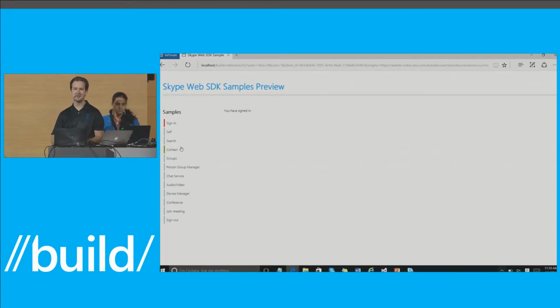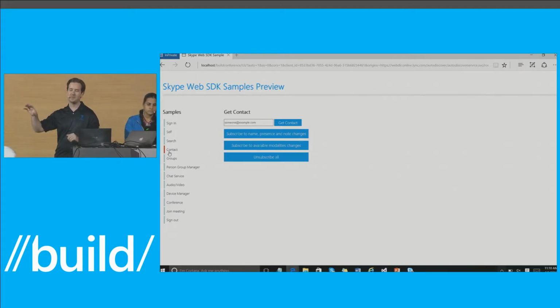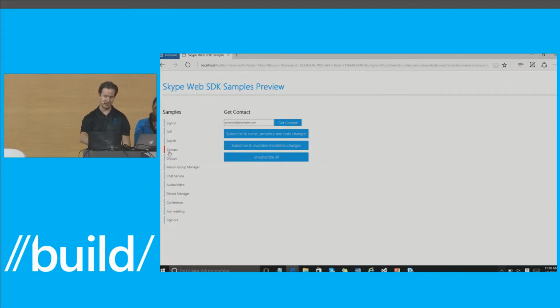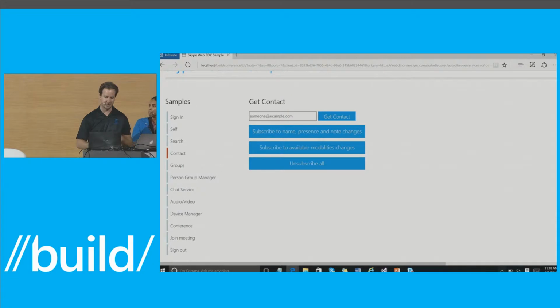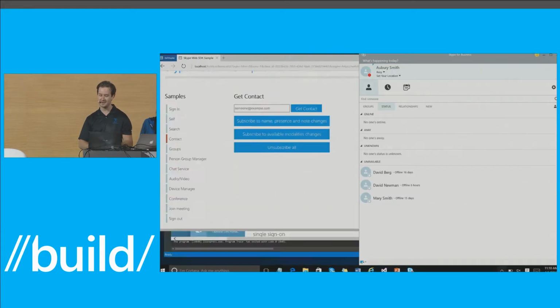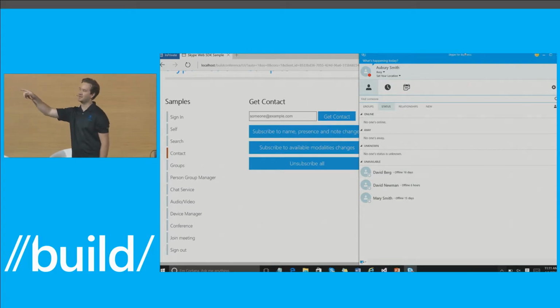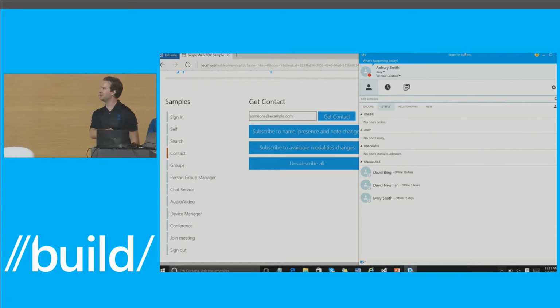Let's look at a common scenario, presence-based, embedded presence within the web page. So you can see here that we have modularized these samples, and we have a sample for presence directly within the page. So I'm going to get the presence of a user who I'm logged in as locally on the Skype for Business client. So you can see here I'm logged in with another user, Aubrey Smith,